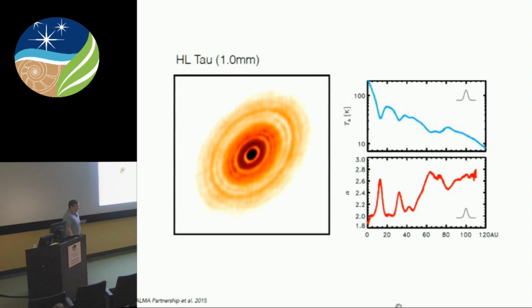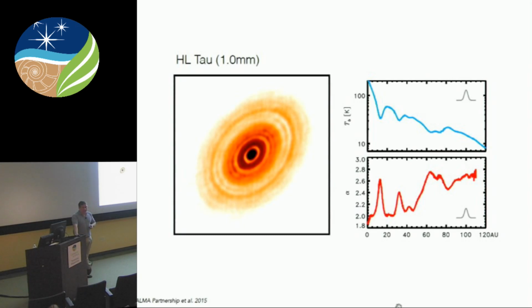This disk was actually observed strictly for engineering purposes, for ALMA's long baselines. ALMA's long baselines were built into the project in the early days for the specific purpose of looking for planet formation signatures in protoplanetary disks. And when they do the engineering runs to commission things, they seek community input to see what would be the best source to test against. And so HL Tau was chosen because it had the precursor highest resolution image of a disk, and it was just smooth. It was, sort of, 15 AU resolution.